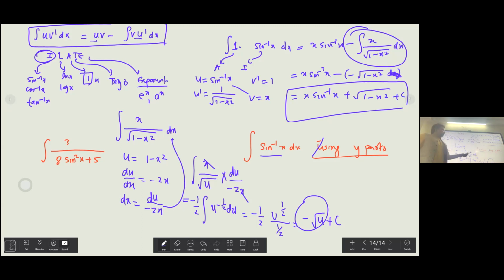So for sine inverse x, lots of times you will not be able to figure out that you have to multiply with 1. So guys, just make sure that you're keeping your eye on that. Any function like ln x, log x, and all those kind of functions, they give you these kind of questions. So make sure that you understand that you have to take 1 as a multiplier, and then you write this as algebra. The other one becomes the inverse function because of sine inverse. After that it is just plugging in the formula and getting the right strategy to do the calculation. So this is about the integration of sine inverse x.